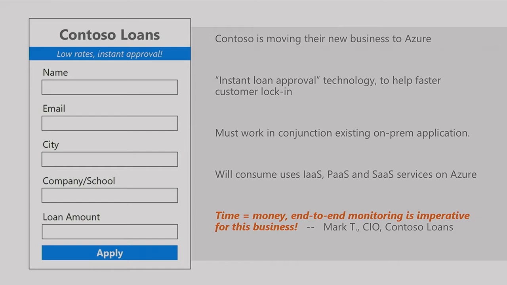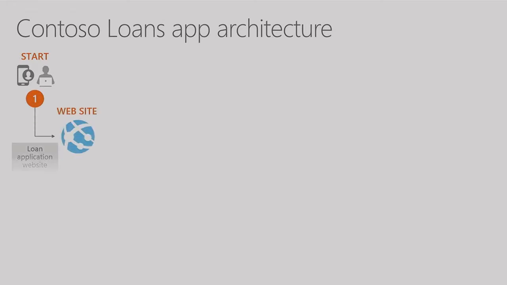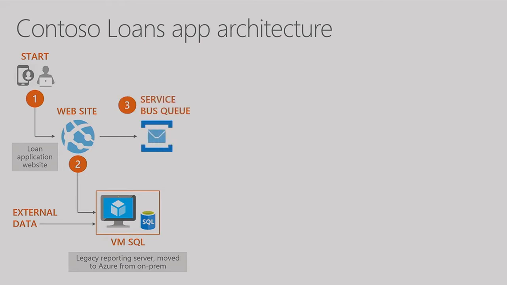This is great. So now that we understand the scenario, before we get into how and what they're going to monitor, let's understand their architecture a little better. I know you guys will like this. So here is their architecture. As you would guess, they have a new website. Incoming loan requests come through. It goes and writes that data into a lift and shift server that they just moved from on-prem as is,